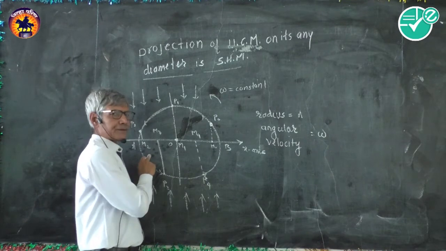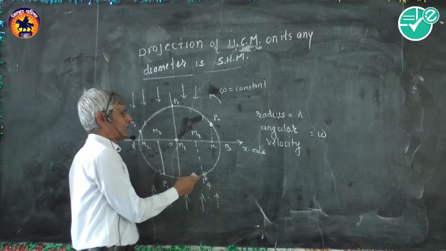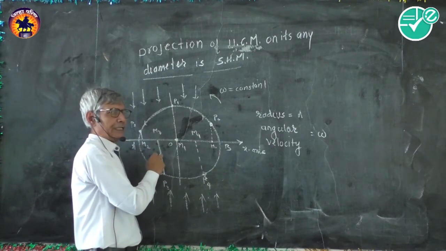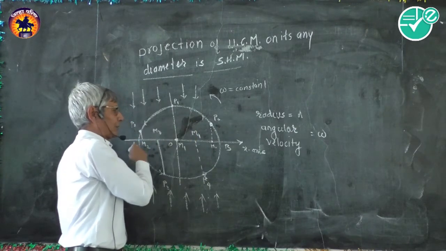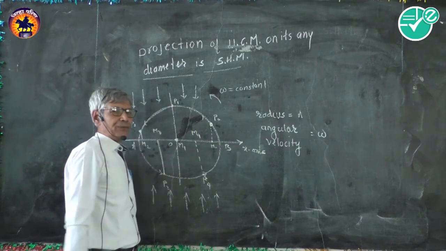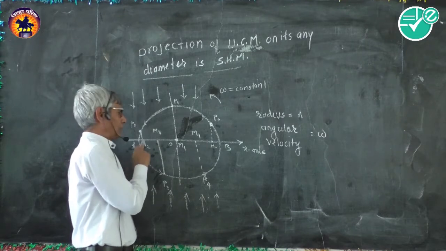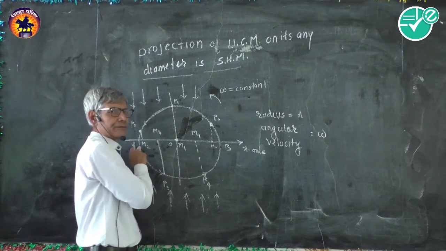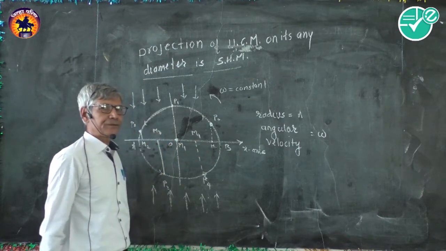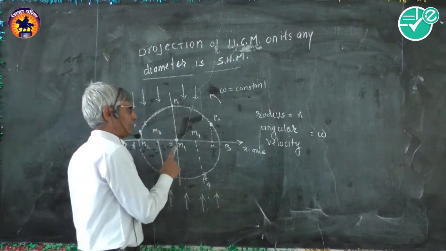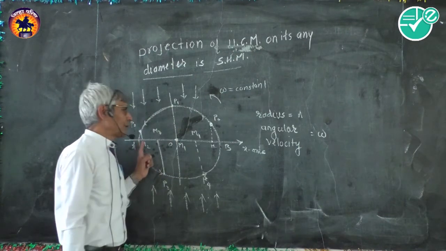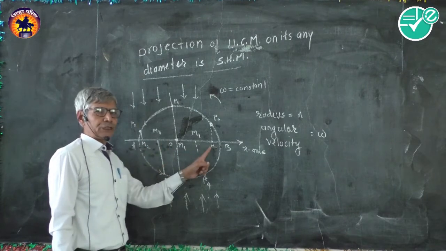In short, if we consider the circular motion of the object along the circumference of the circle, then the projection of the particle in circular motion on the diameter AB will move between two fixed points A and B along the path AB with O as mean position. Whenever the particle in circular motion completes one revolution, the projection on the diameter will complete one oscillation.